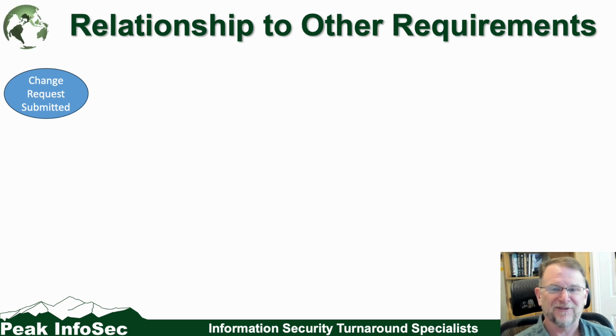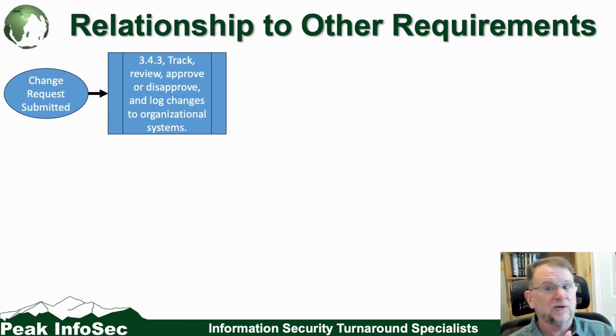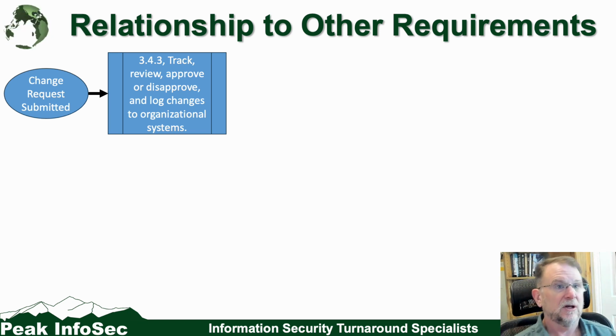Let me correct myself there. So when you get that change request, doesn't matter whether it's in a ticket, an email, governance meeting agenda topic, whatever, your first thing, you're really trying to track it. What is it? I've got visibility into them all. We're reviewing them. And then there's a decision made about approve or disapprove. And then you're logging that change. Again, a lot of ways to do this. There's no one perfect way. Just make sure you're meeting all the intent.